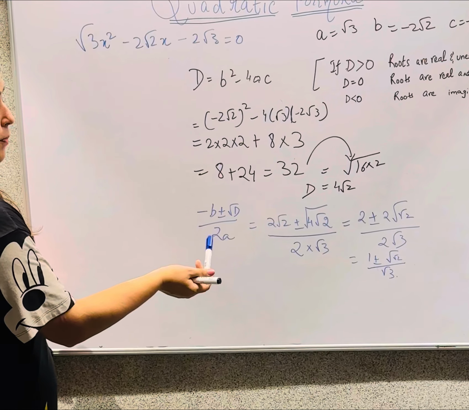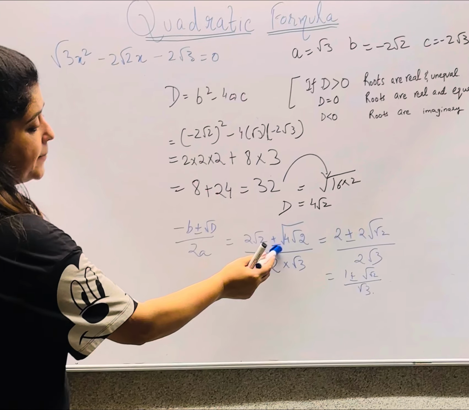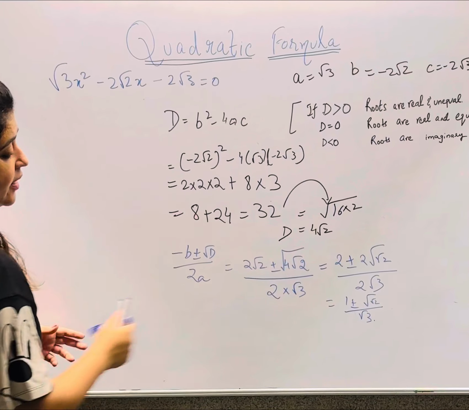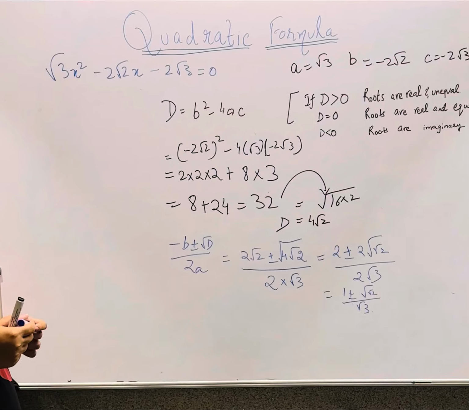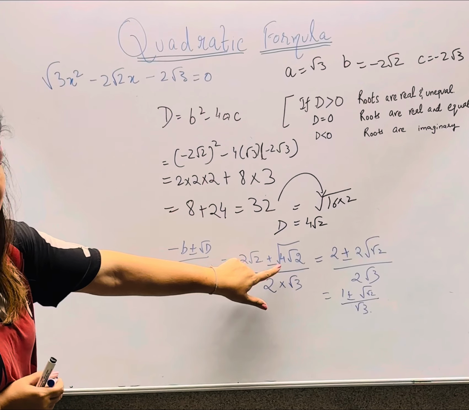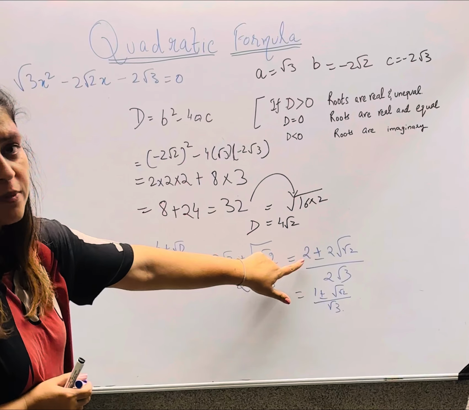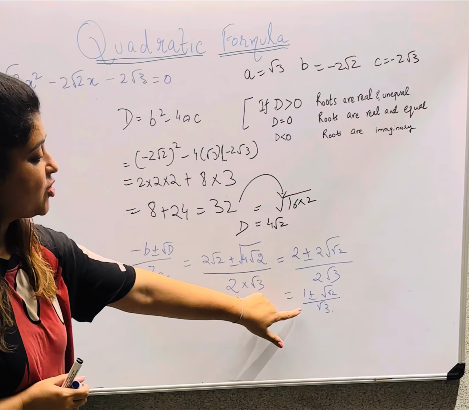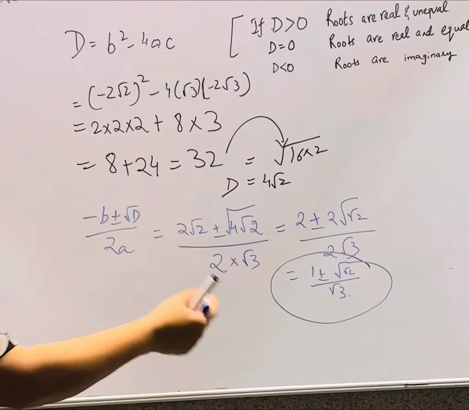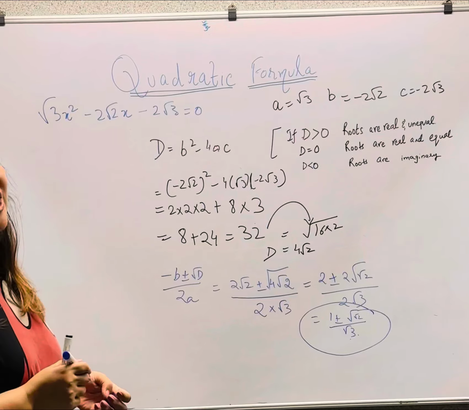So plugging into the formula, minus b plus minus root d by 2a, 2 root 2 plus minus 4 square root 2 upon 2a. I know this will create a little bit of confusion for you, but I have reduced it by taking 2 common. If you can just see over here, the square root of 4 is 2. So what I can do is I can take 2 common from the numerator and denominator and strike off to get my answer over here, which is 1 plus minus square root 2 upon square root of 3. Of course, this can be rationalized later.